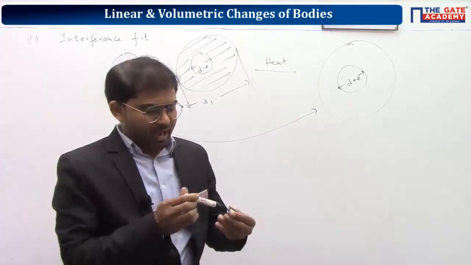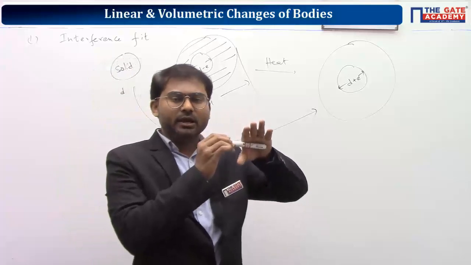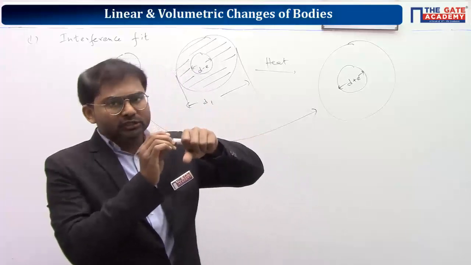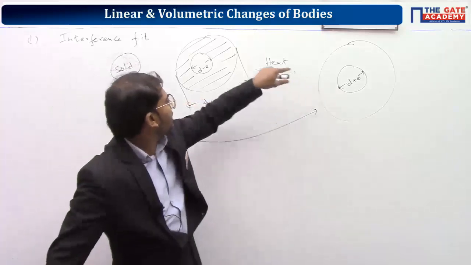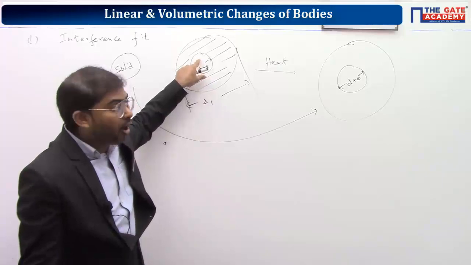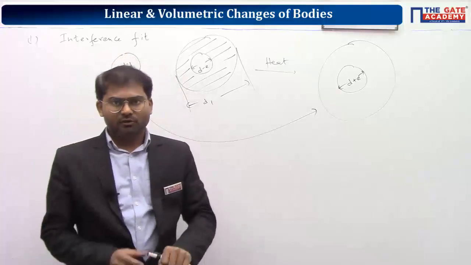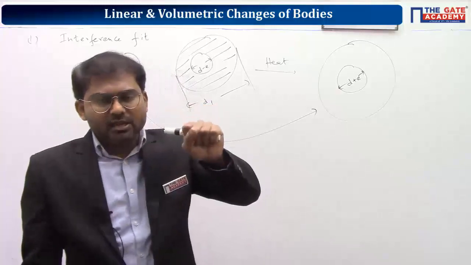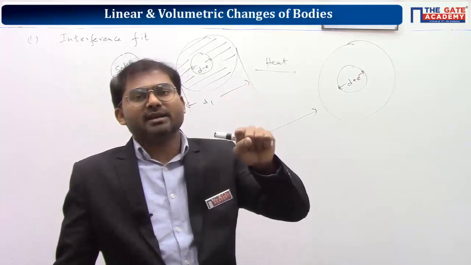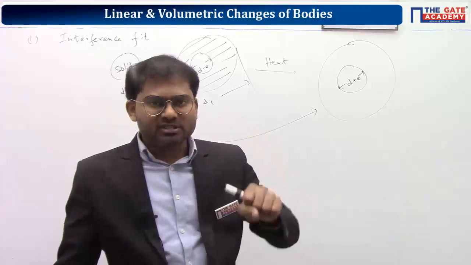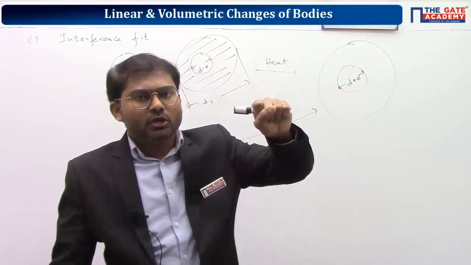So at the higher temperature, we insert the solid shaft inside the hollow shaft because its diameter has increased. Now we cool that hollow shaft. When we cool it, it will try to regain its original diameter D minus E. But as we have already inserted the solid shaft, it will go only till diameter D. It is stopped from compressing beyond D itself. So the hollow shaft will be grabbing the solid shaft with a huge amount of force. Okay, it's very tight.